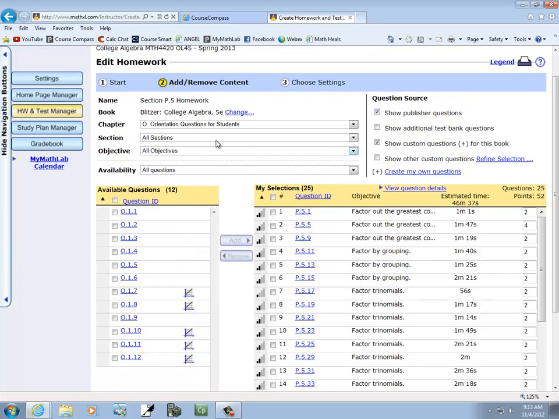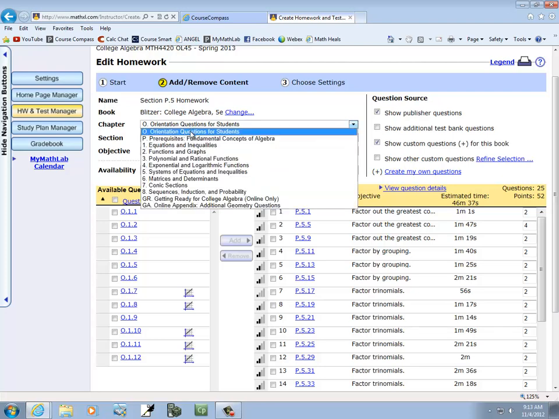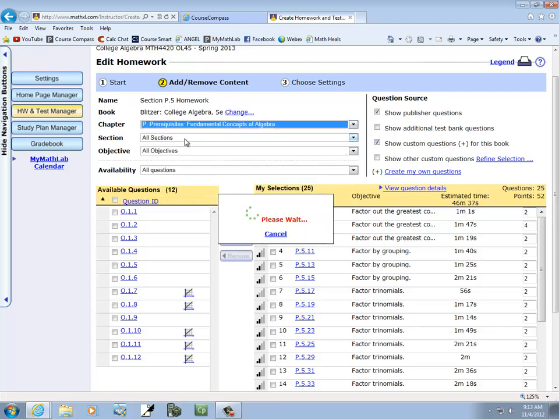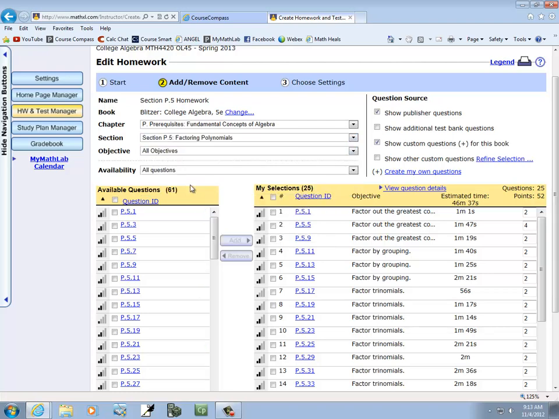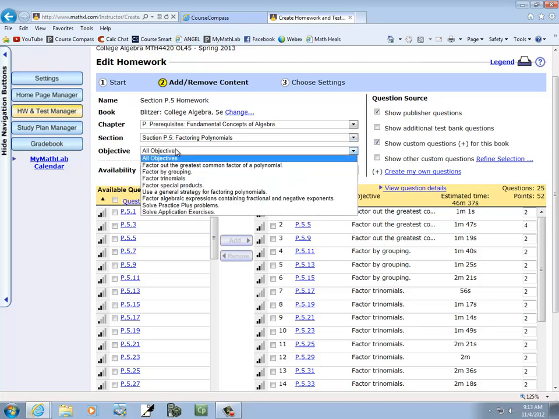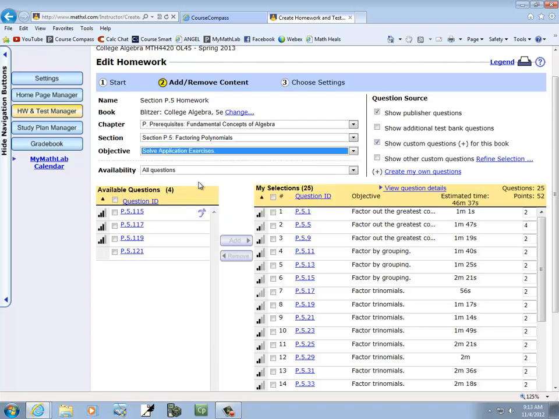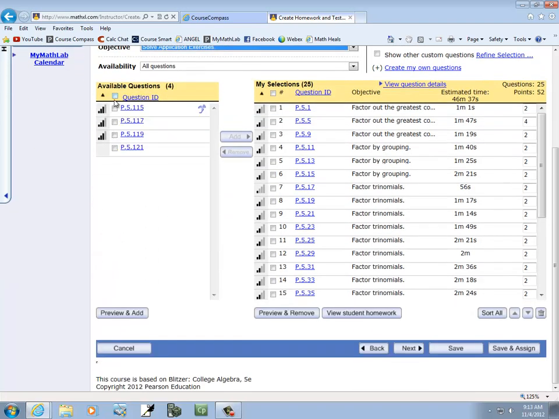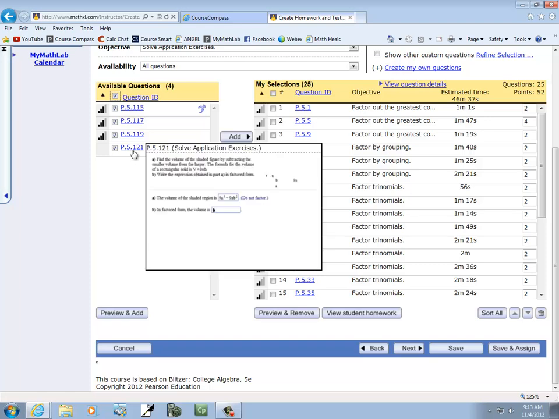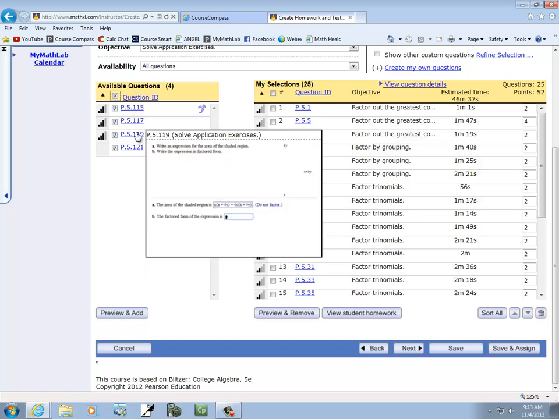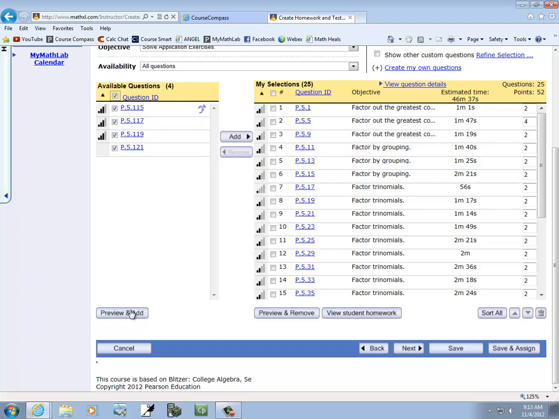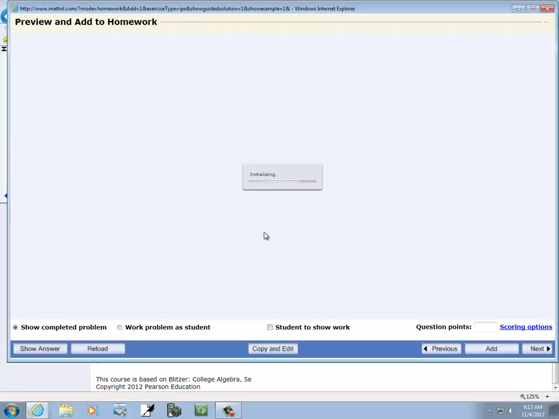Then I can come over here and you choose the chapter, like this is Prereqs. You choose a section. This is P.5, I think. Yeah, there it is, P.5. And you can choose the objective type, like which type you want to look at. Like I didn't put any application exercises in there, so let me go look at those. Now I can come here, and it does that little business, but that's so small I can't even see any of it. But if I click Preview and Add down here,